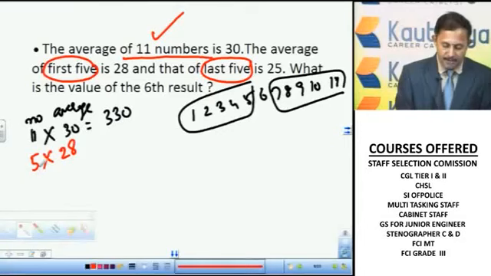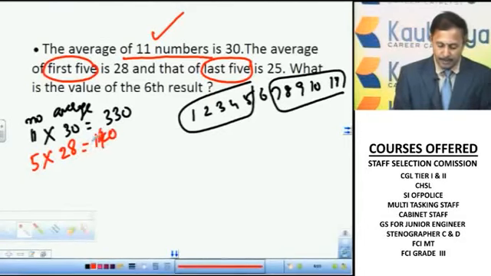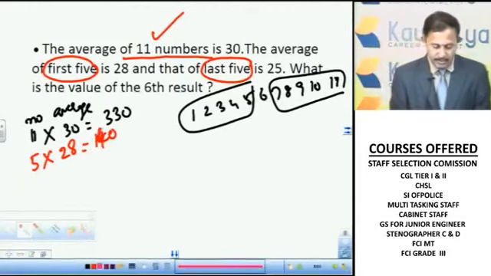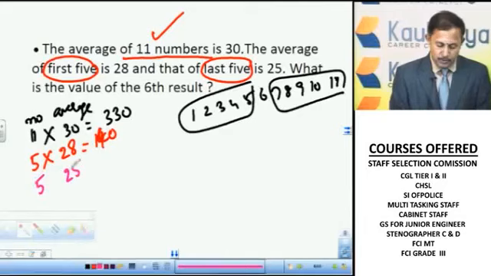So number into average, that gives the total value 140. Next, for the last 5 elements, the average is 25. So number into average, that gives the total value